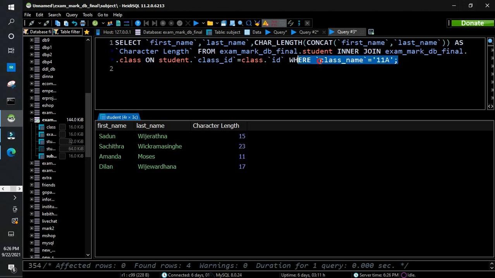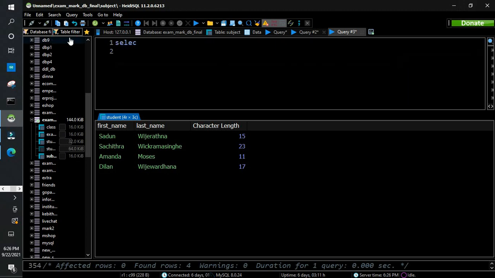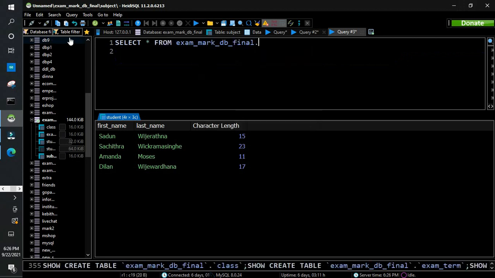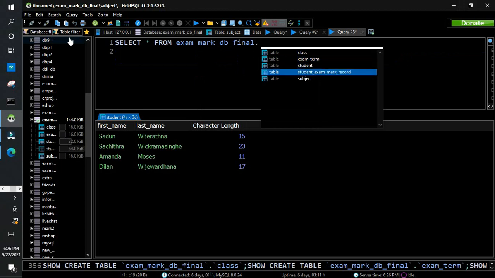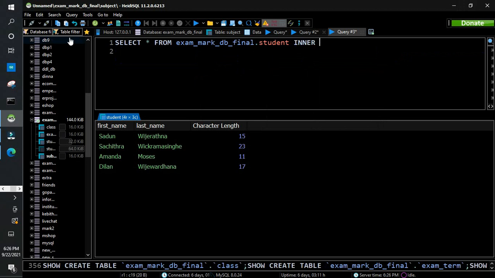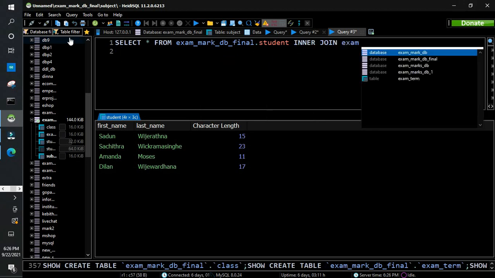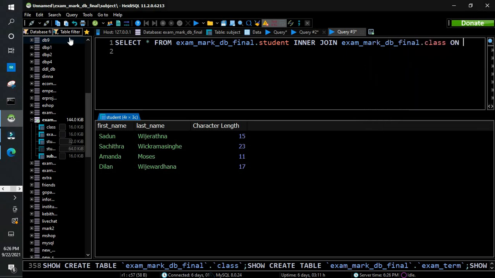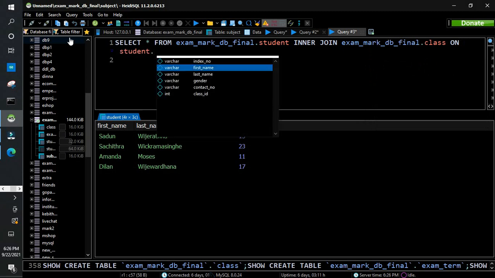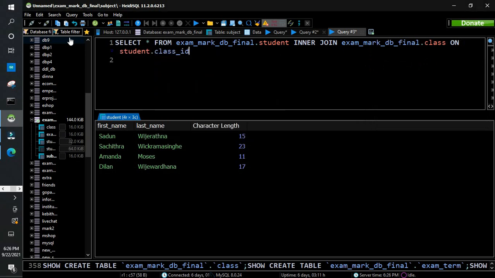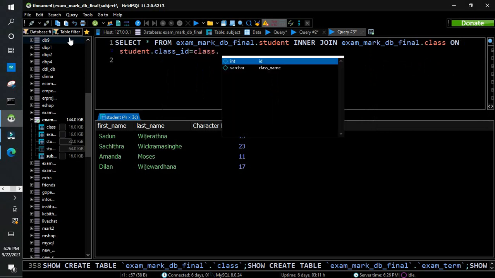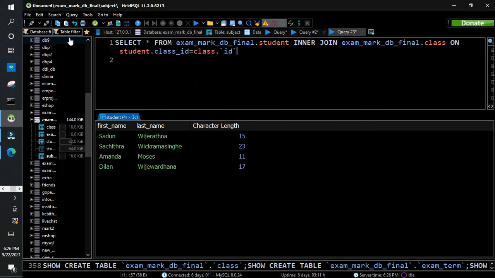Now what I am going to do is I am going to select all from db final dot I need the student table, and I am going to inner join that with the class table on the condition that the class ID of the student table should be equal to the ID of the class table.